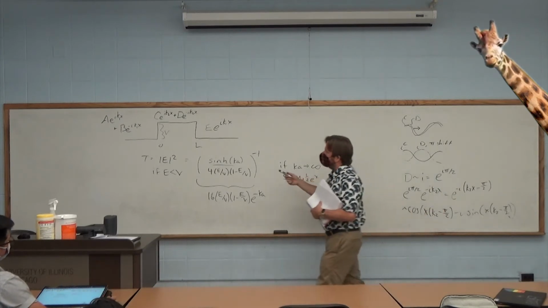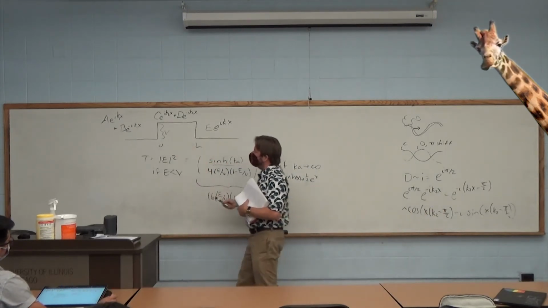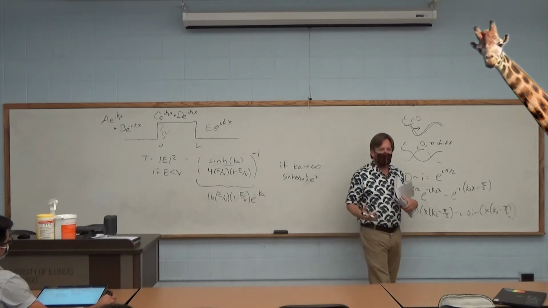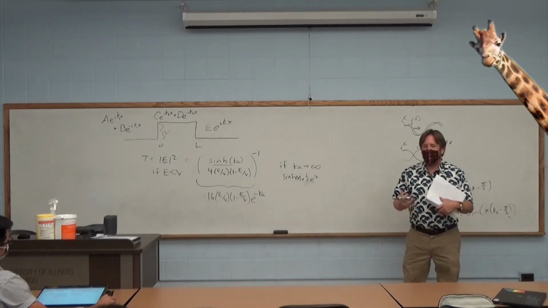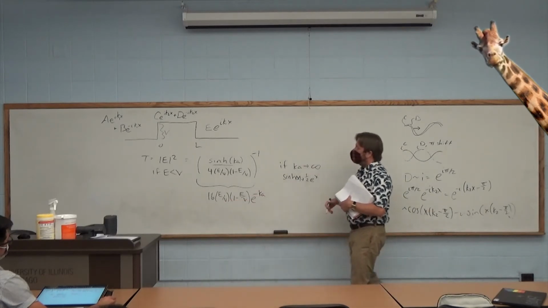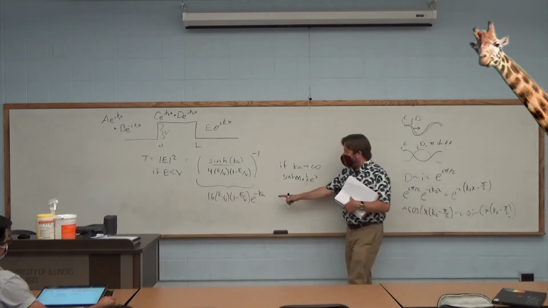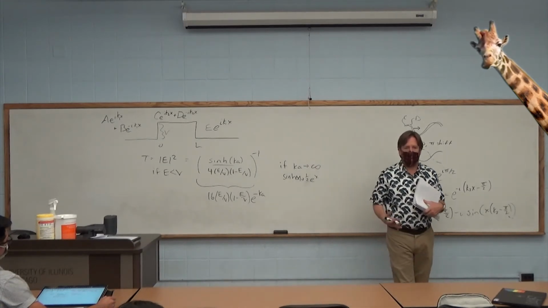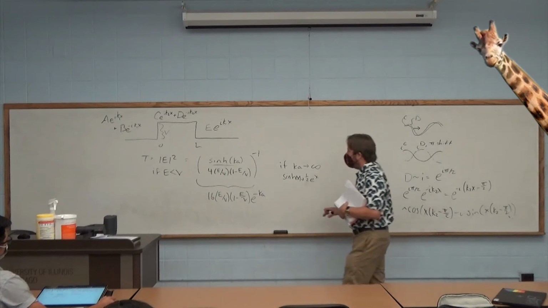So remember, classically, if a particle doesn't have the energy, it won't go through, but quantum mechanics says there's always a potential to go through. It's just a probability, not potential. There's always a probability to go through, and it's exponentially decaying based on how long the barrier is. Oh, sorry, A